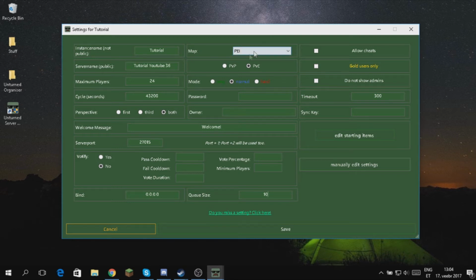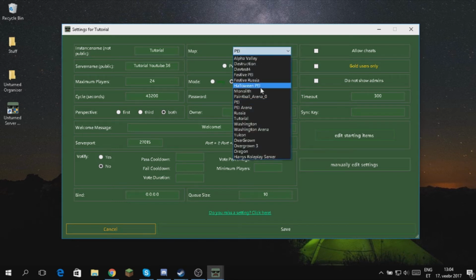Map now. If you have subscribed to some workshop maps in Steam, then they will come up here. But if you don't, then there will be only these default ones. So I'm gonna put Washington.